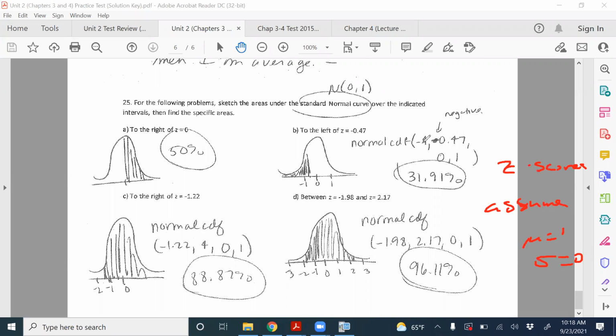And you can make the far left negative 1E99, or the far right 1E99 if you're going to the right of something. And if in between, just use normalcdf. That's your lower, that's your upper, and use 0 and 1 for mean and standard deviation respectively. So, okay, so you have this as a